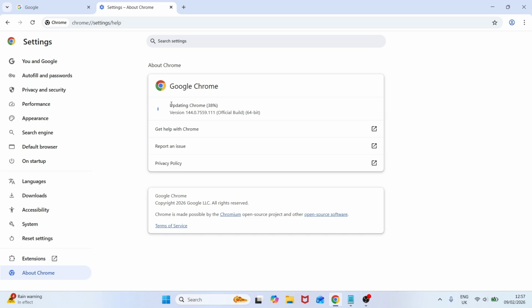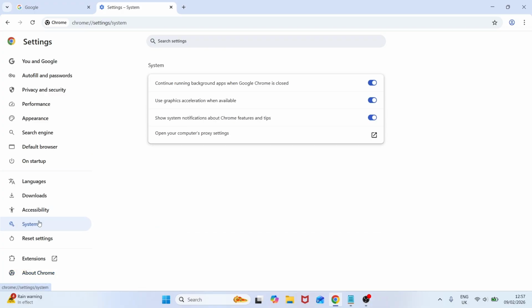You can then press About Chrome from the left-hand side and make sure your Chrome is fully up to date. So you can see right now that my Chrome is updating, and you'll just need to wait for this to get to 100%. Now click on System from the left-hand side, make sure Use Graphics Acceleration when available is